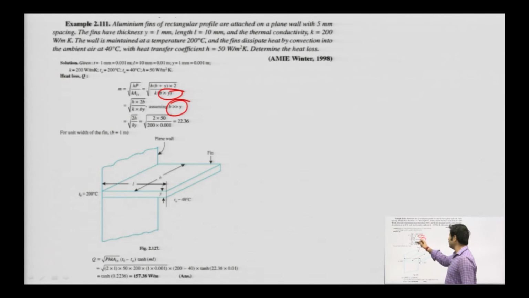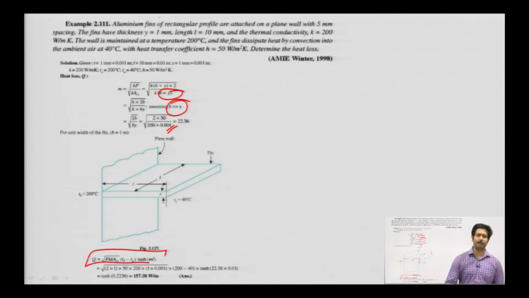You can take the breadth and the thickness into consideration, and if you do not want to, you can neglect the thickness, because the thickness is quite small here. You can see the number. And since this has an insulated tip, the formula goes like, just as we have derived, q equals root over hPkA theta naught tanh(mL). So you just put in the values of P, h, k, A, T naught, T infinity and m that you have calculated. Just calculate the value of q and the numerical is done.